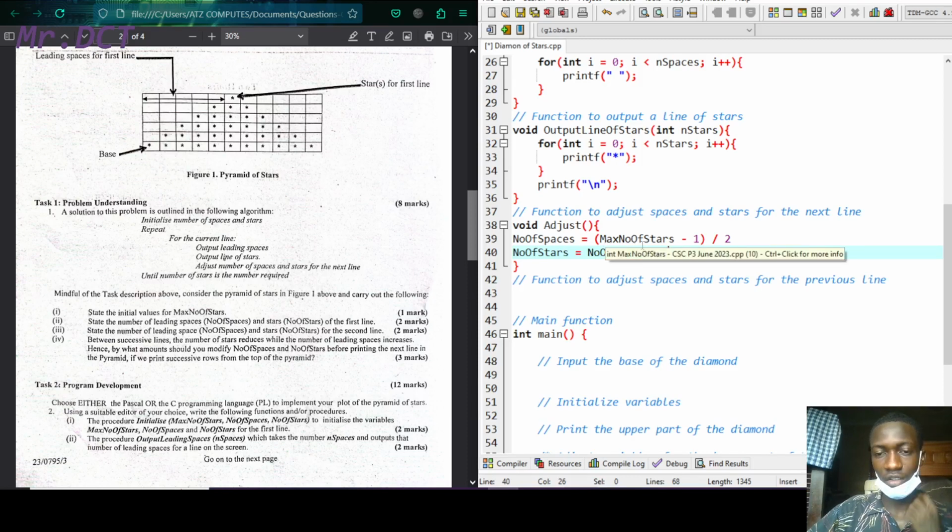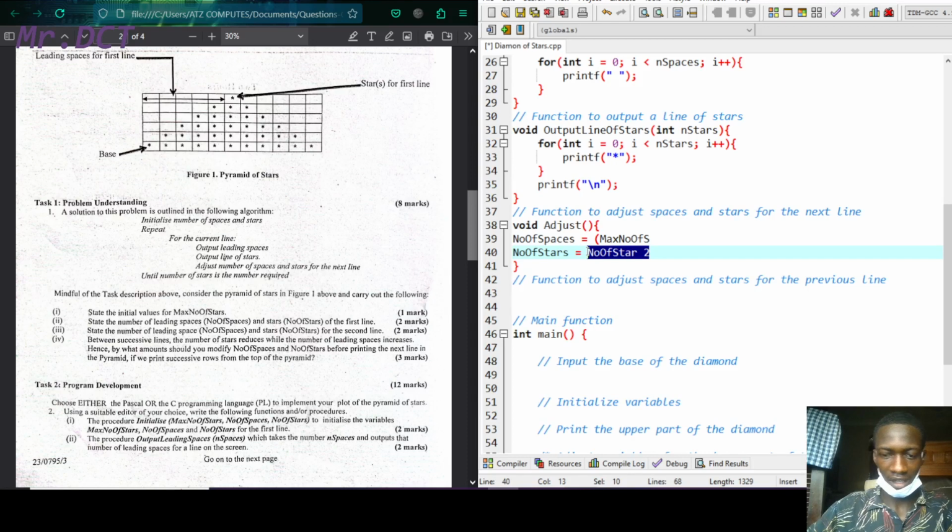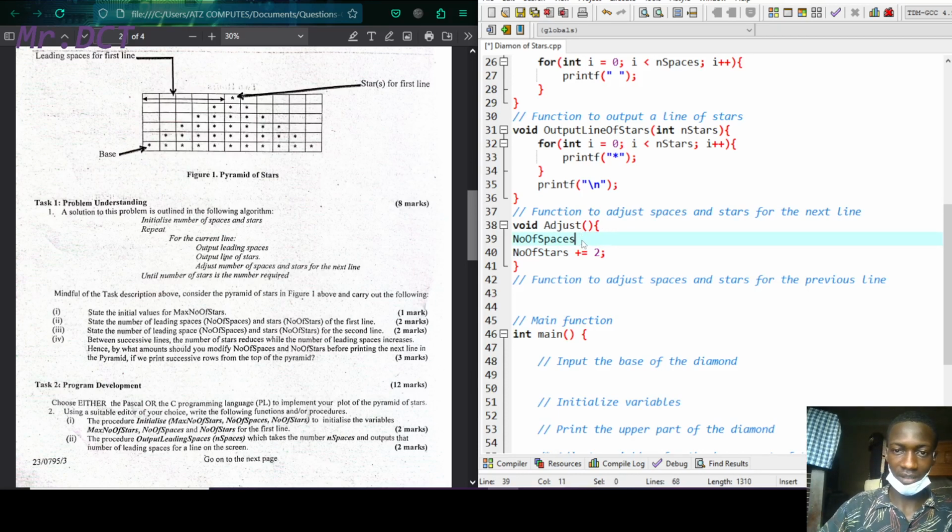is going to be incrementing. Okay, so here now we are going to do some modification to make it suit. For example, number of stars is going to be equals to plus 2. So number of stars incrementing by 2, while number of spaces is going to be decrementing by 1. So minus minus. So minus minus is simply, you could say, put number of spaces equals to number of spaces